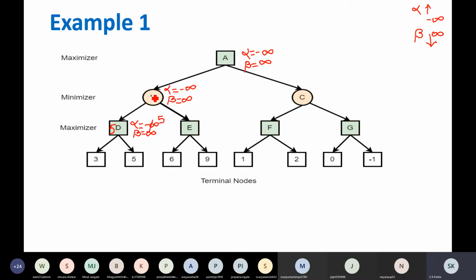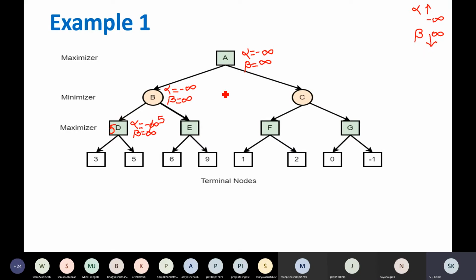Now backtrack, okay, come to the B. At node B, which is a minimizer node, right now you knew that you are getting 5. Now minimizer is always concerned with beta value, the maximum that I have to give. Okay, so minimizer right now knew that it is getting 5. Now 5 is better than infinity, right?